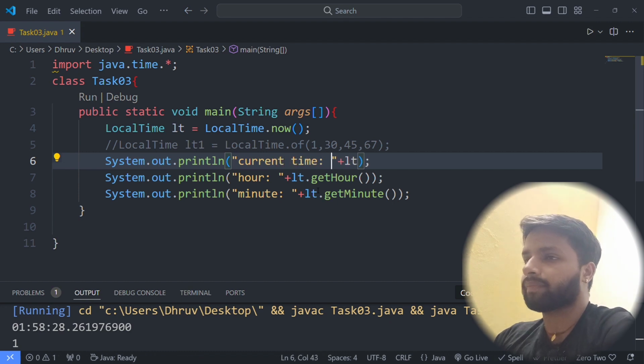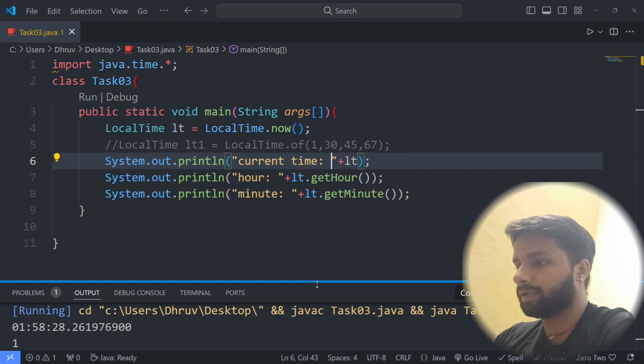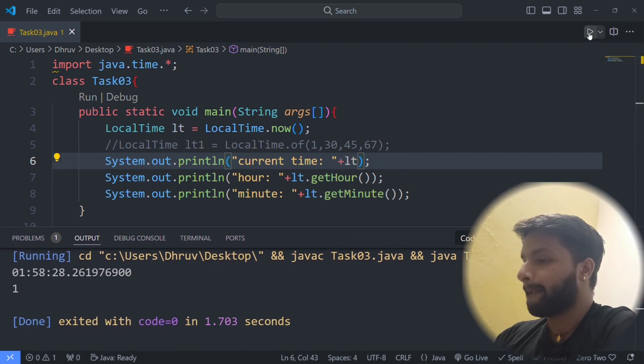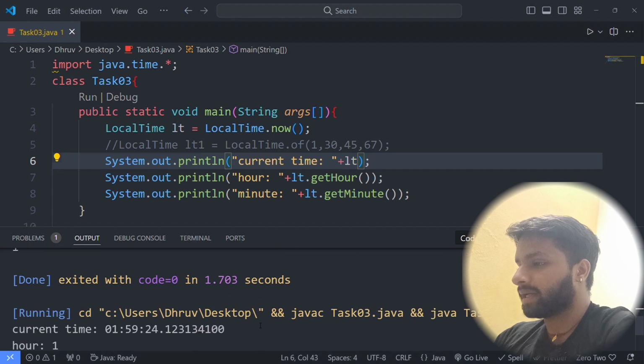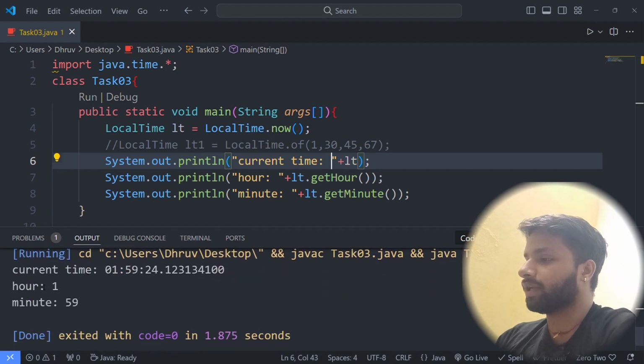This is the current time. Now it will be clearly visible to you. Yes, this is the current time, this is the hour, this is the minute.